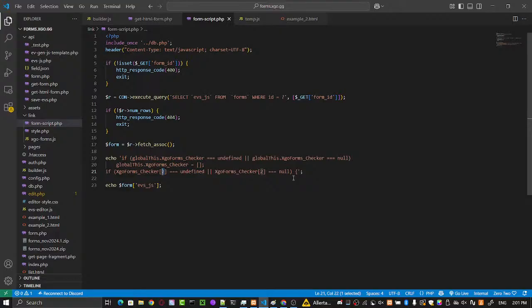So after we do that, we have to convert this to a number,